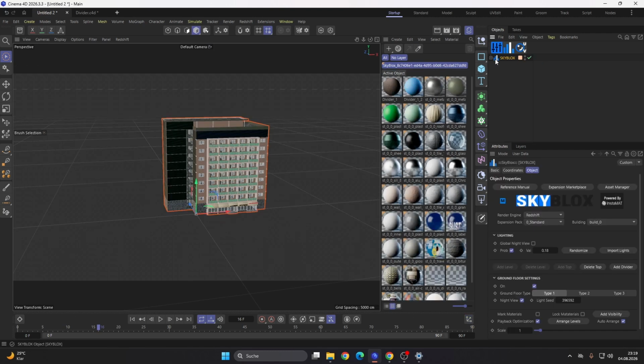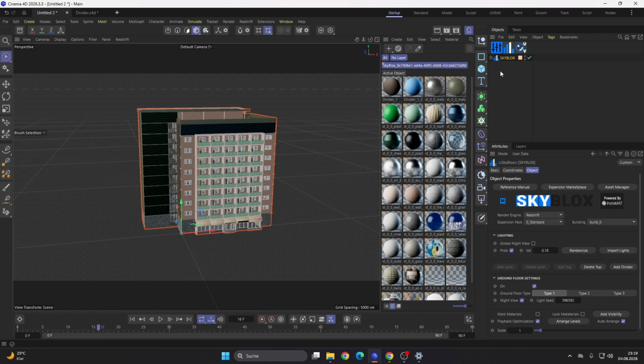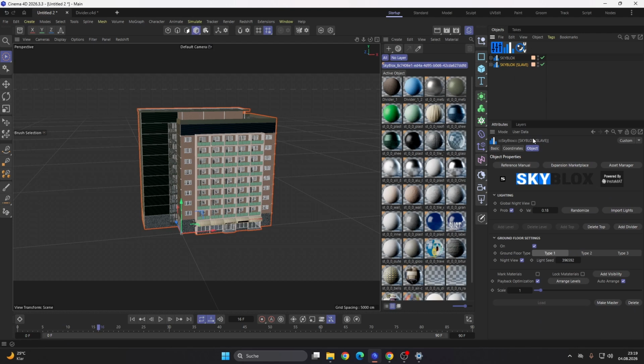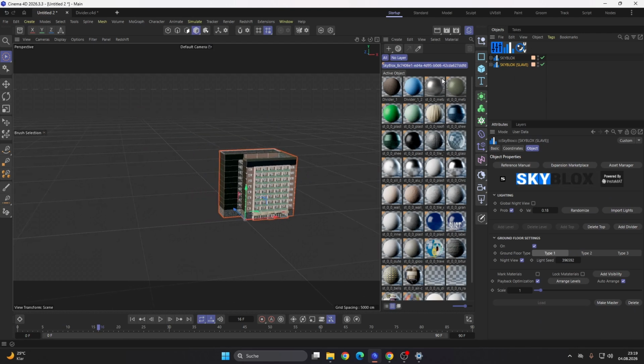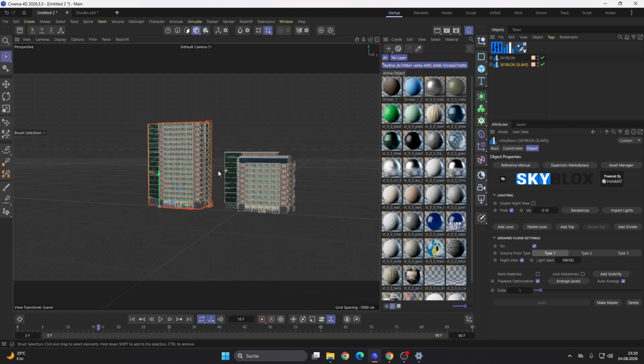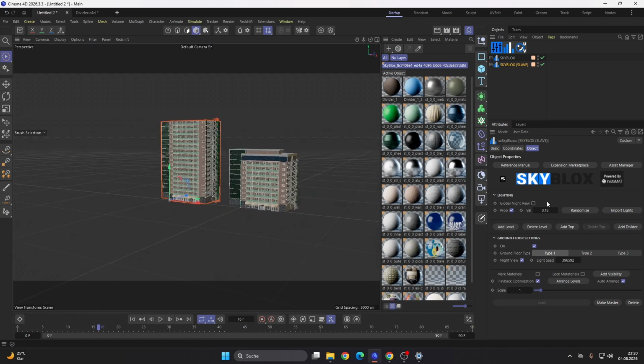If you want to create a slave, at the moment this is the master, simply copy the object. If you copy the object, you can see it has slave in the name, and also in this gizmo it says slave instead of master. The slave is in the master and slave group now and shares the same textures, materials, and the same temp doc in the memory, but is still modifiable via height and so forth. You can load any building here and also delete the top. You can add more levels here. You are totally independent from the master, but you can't load a new building type.